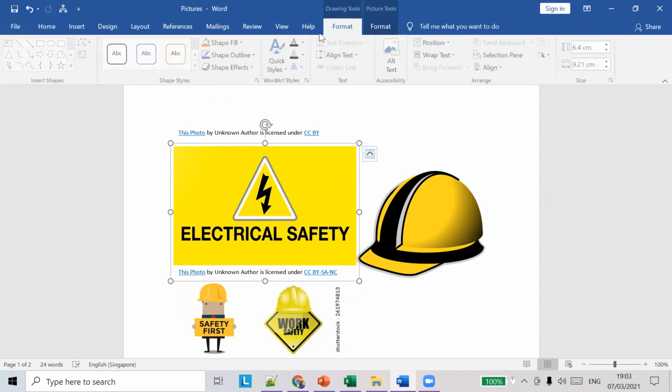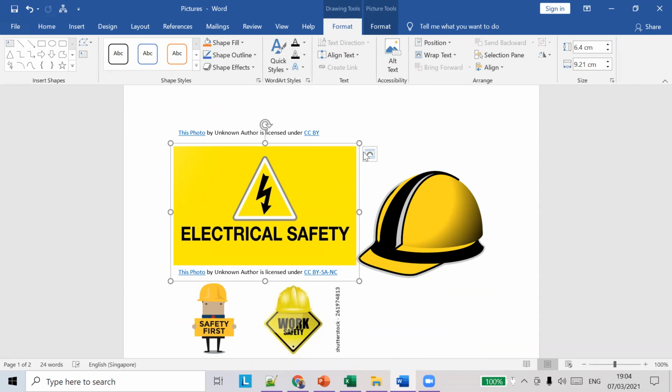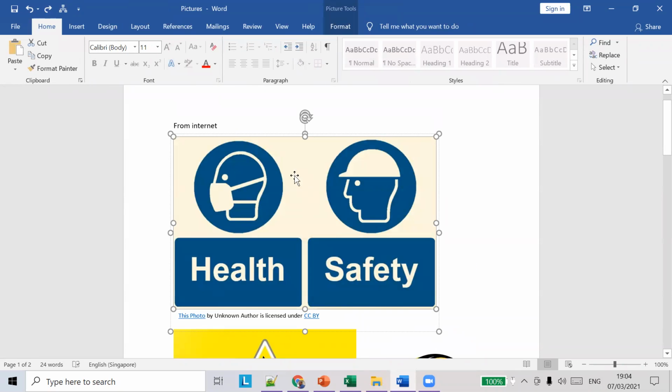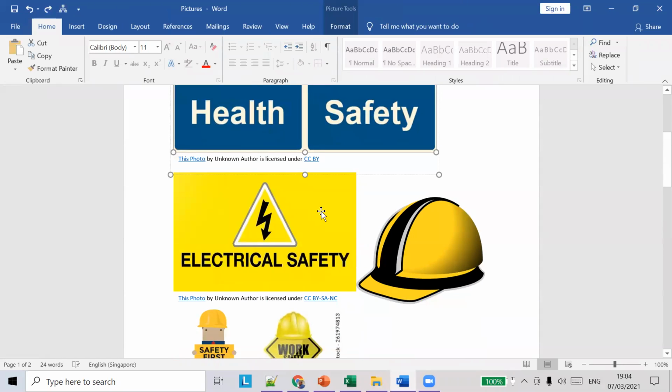Now you can see the changes. What I did is I removed the background of the picture. It removed everything, the background color, this cream color, from the picture.